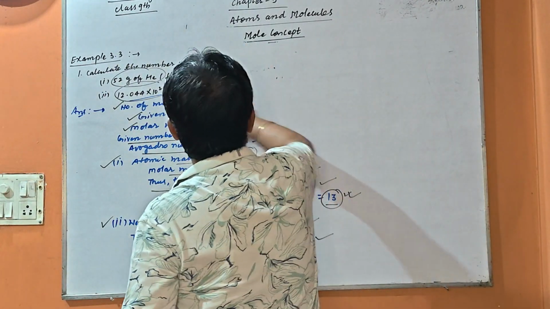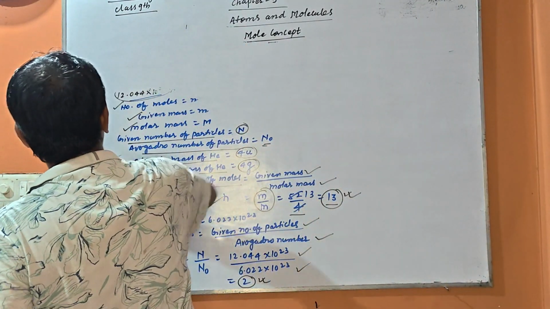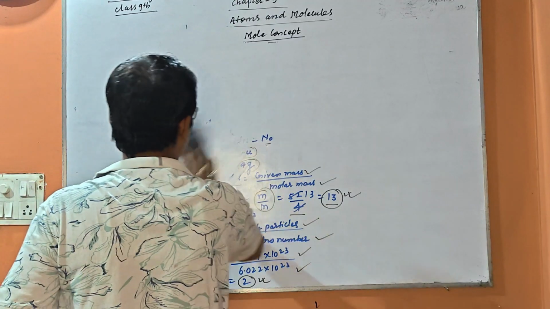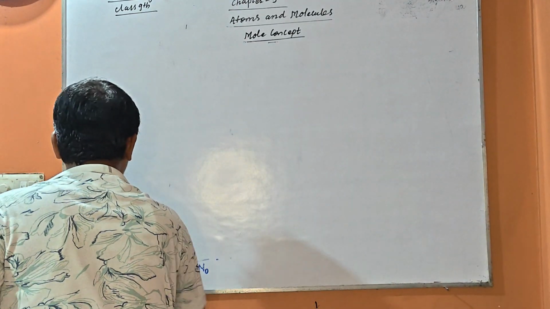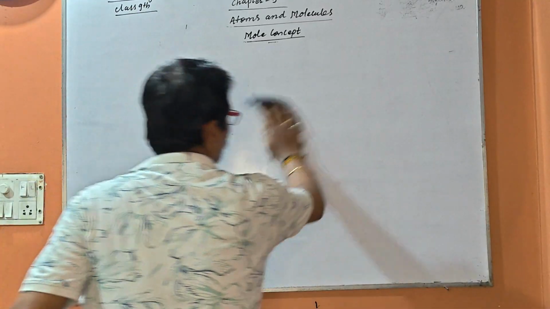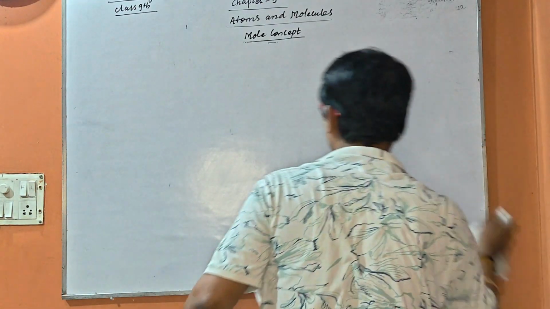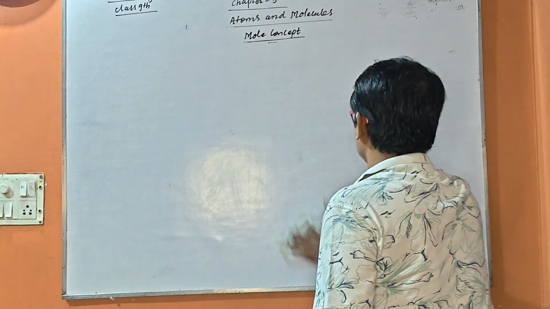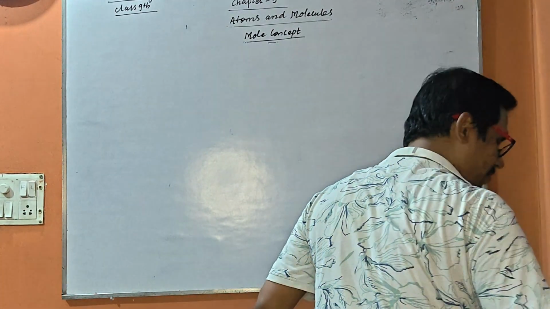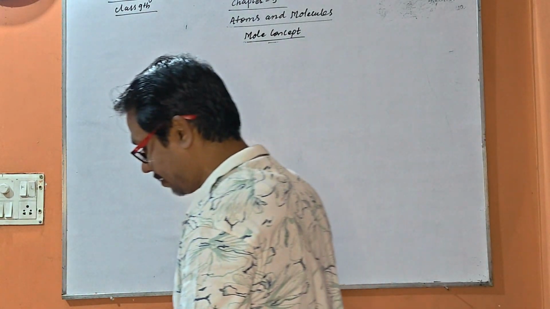Example number 3.4. Let us take the example of 3.4 and 3.5. I am going to make it clear today. Let us take example number 3.4, a clear concept in a simple, easy manner and simple, easy steps. If you do not understand, just make a comment: Sir, make it slower or make it faster.